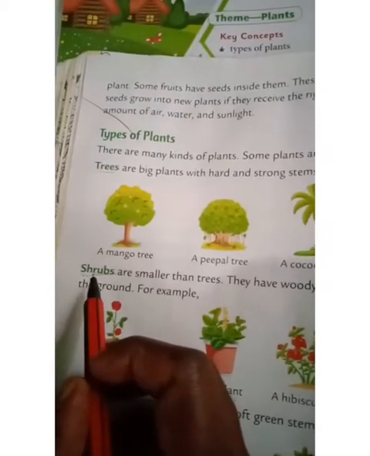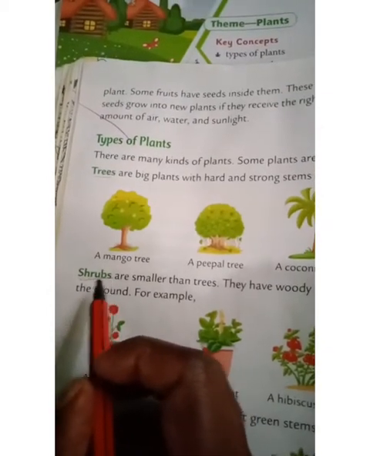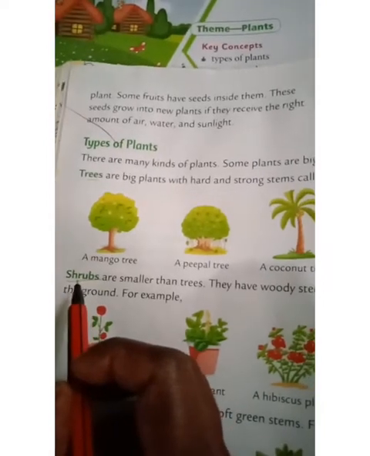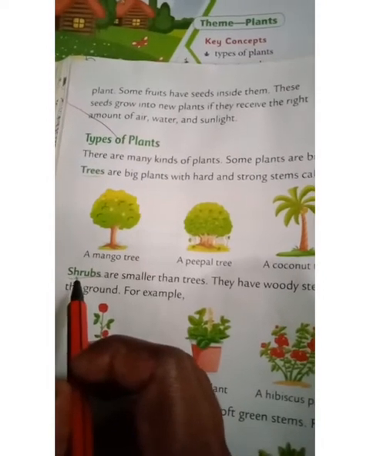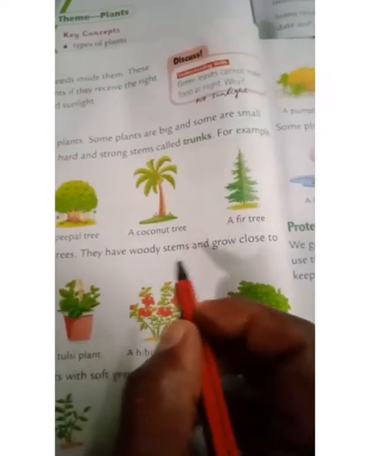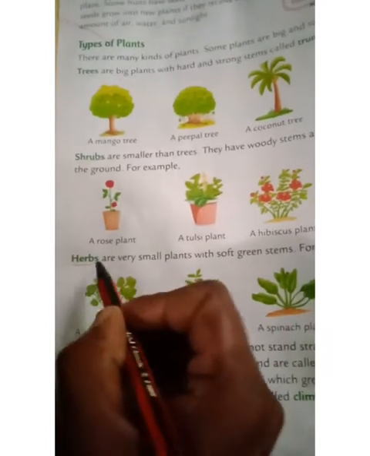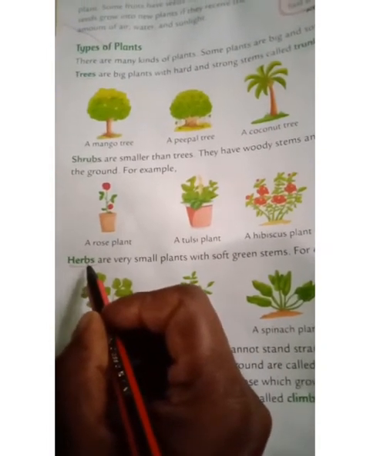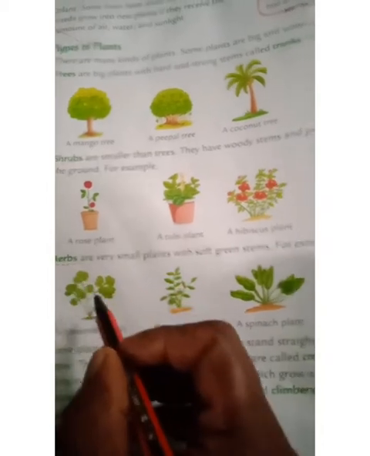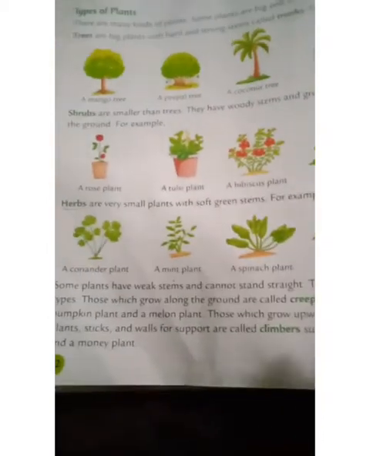S-H-R-U-B-S. Shrubs. All of you open your mouth and say. S-H-R-U-B-S. Shrubs. Okay. Then herbs. Say the spelling: H-E-R-B-S. Herbs. Okay. Then